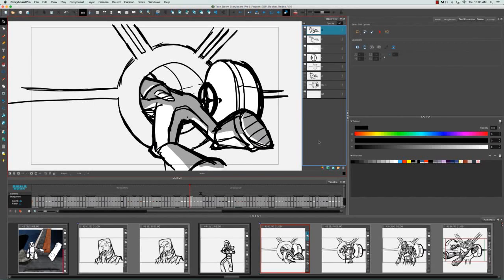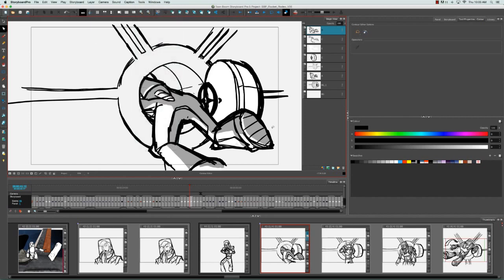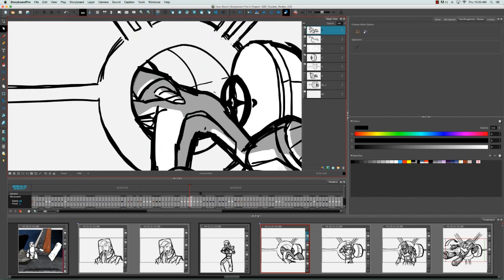So to select the contour editor in Storyboard Pro, you can either go to the Tools toolbar and click on its icon here, or you can go to the top menu and select Tools, Contour Editor. So you can use the contour editor